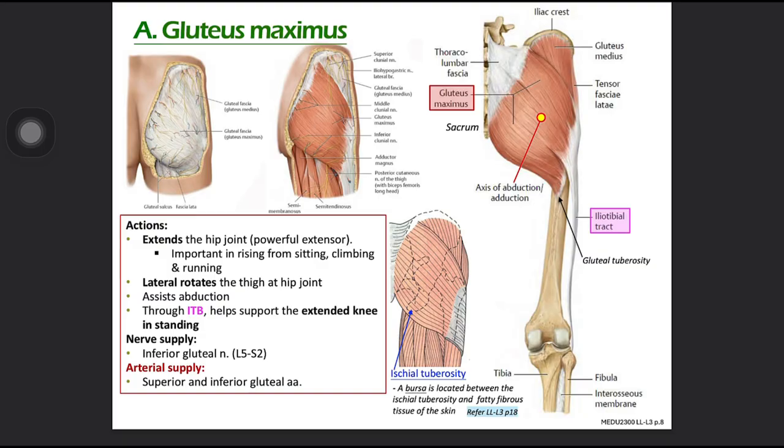Flexion, extension, right? So you have to do this action, then actually you will have to have a very strong